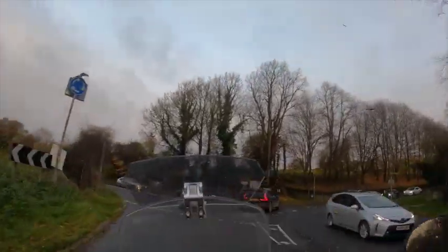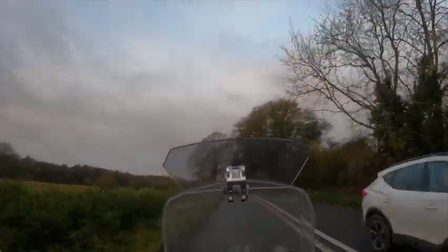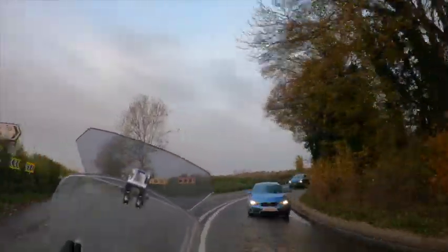So we're just going to come across here. We're going to pick up the 424, which takes us all the way to Stow, where we're going to hang a right in Stow and set us on our way to our prehistory of 2,500 years before Christ, BC. But actually, as you come around here, fairly tight,